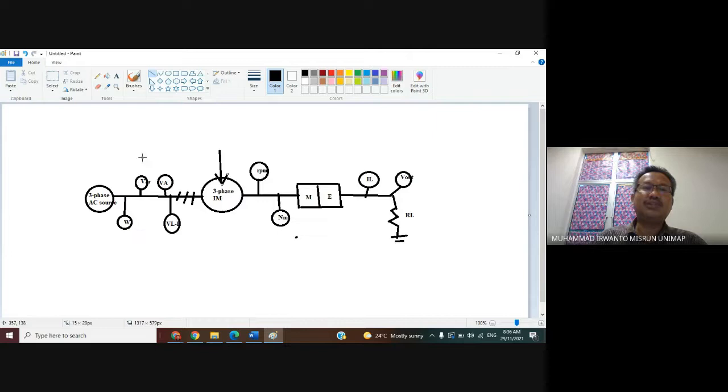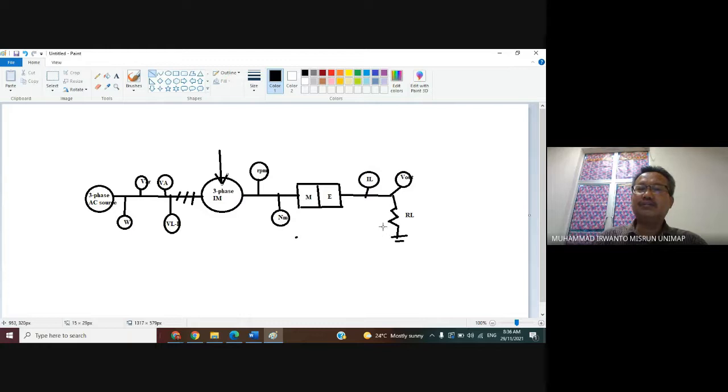And then you can observe the value of the active power, reactive power, apparent power, line-to-line voltage, speed, torque, and also output power. Here the output power is the multiplication of the load current and output voltage.